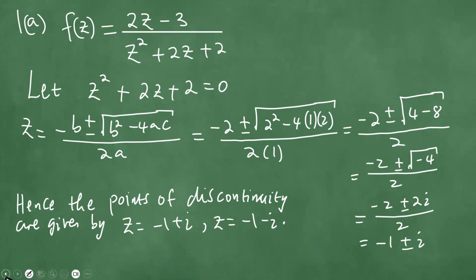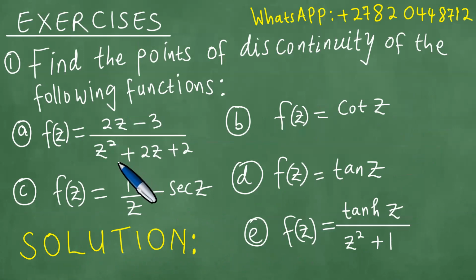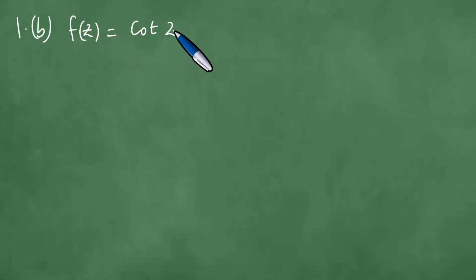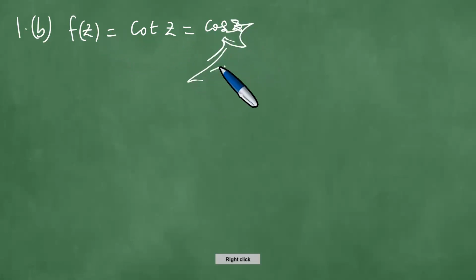The next one is problem 1b, and 1b is f of z equals the cotangent of z. Right, so we focus now on 1b, and this is f of z equals cotangent of z. But cotangent of z is the same as cosine z divided by